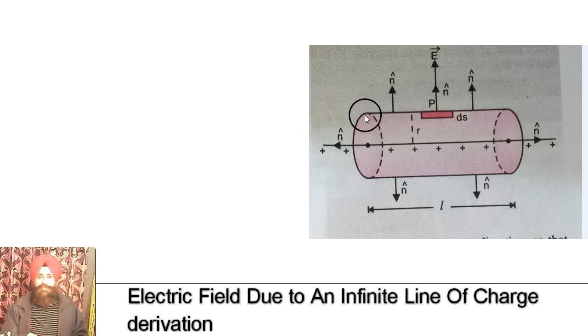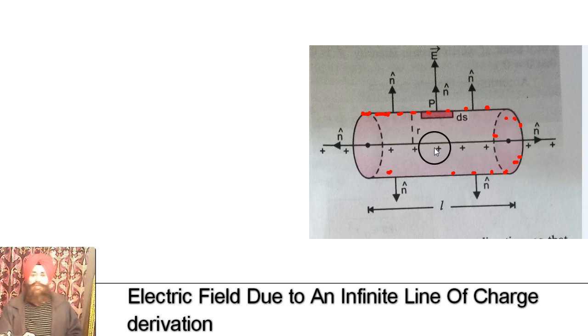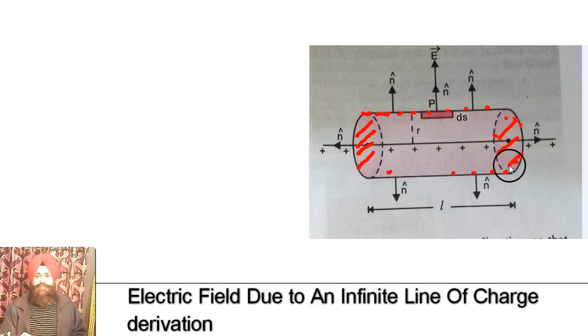So let me consider a Gaussian surface of a cylindrical shape. This is our choice, the selection of the Gaussian surface like this. How many closed surfaces are there for this Gaussian surface? So there is one cap, there is another cap, and this one curved surface. So there are three closed surfaces for the cylindrical Gaussian surface. So we write down the